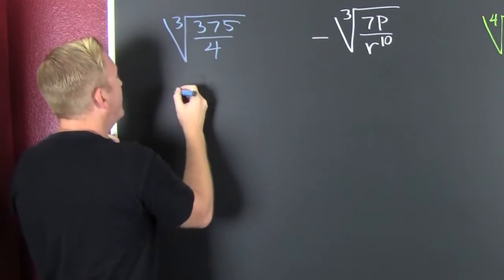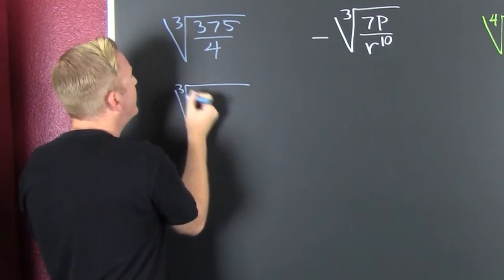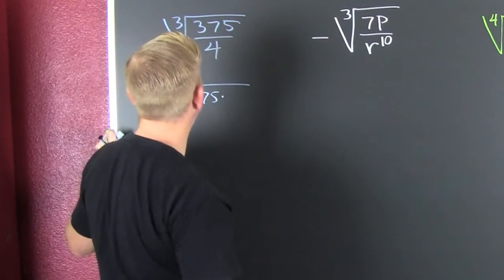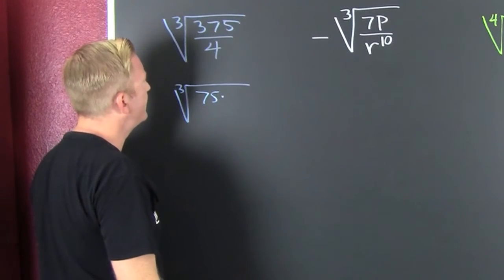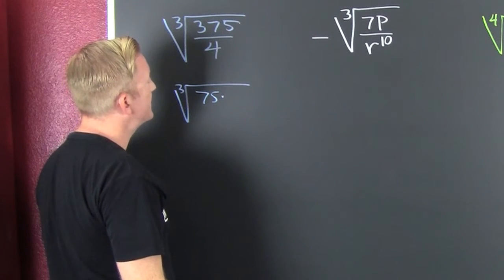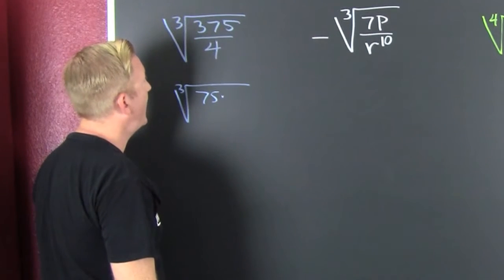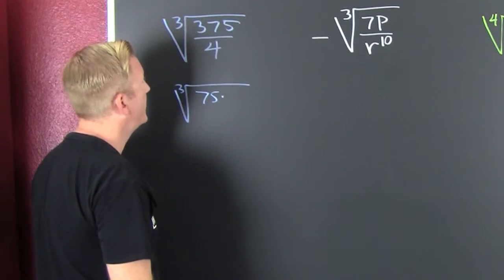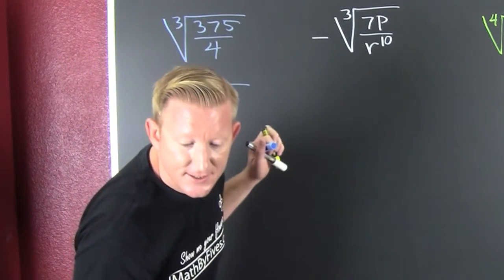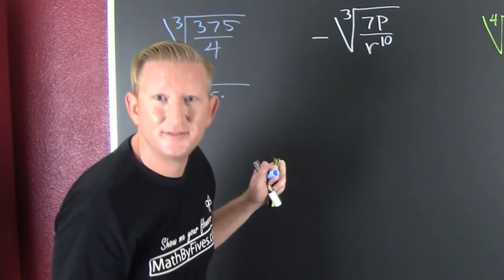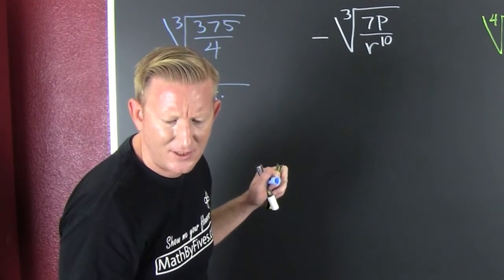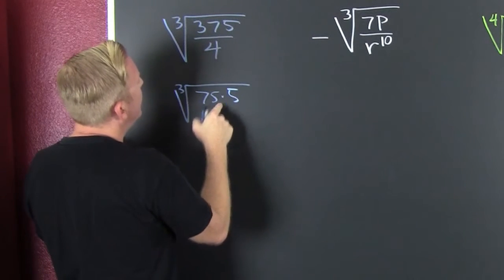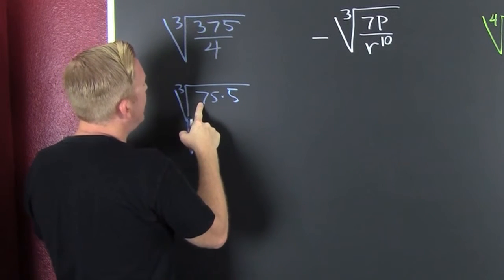I'm looking at, wait for it, that's the third root. I got a 75 in there. 75 times what is 375? Is it 6? It's not 6. Is it 5? It's not 5. Is it 4? It's not 4. Oh, 5. Yeah, 5 times 5 is 25. Carry a 2, that's 5 times 7 is